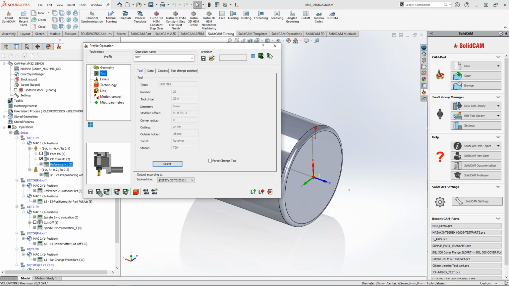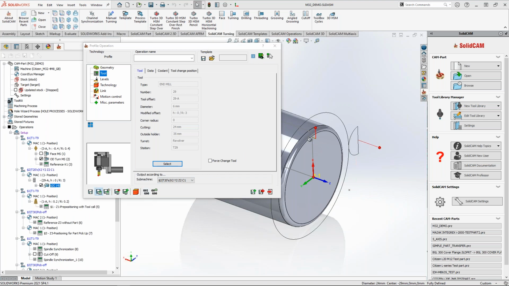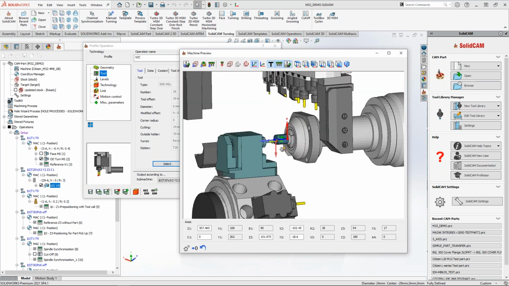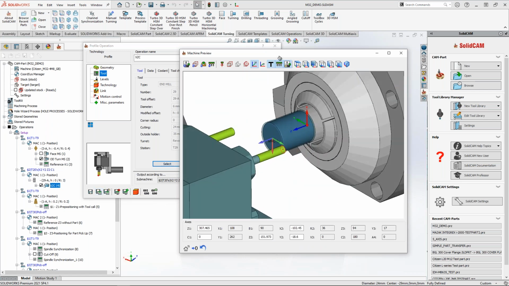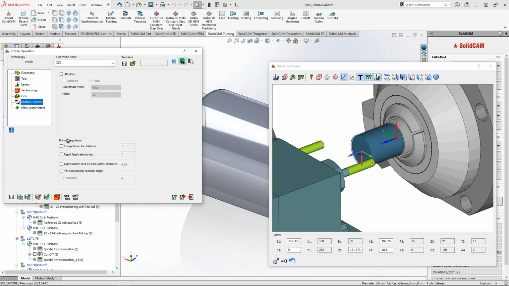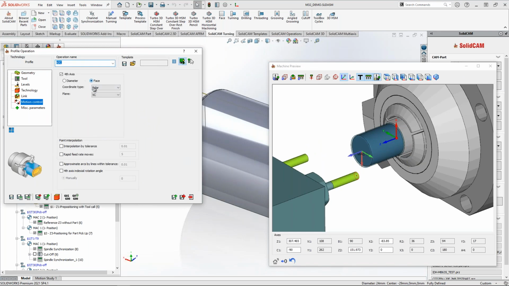I want to move the Z2, not the Z1. So I'll just save and calculate. Let me see if the preview is correct. Flawlessly. Exactly what I wanted to do. Right. Now, one more detail before we jump into posts is that I am going to use the fourth axis,